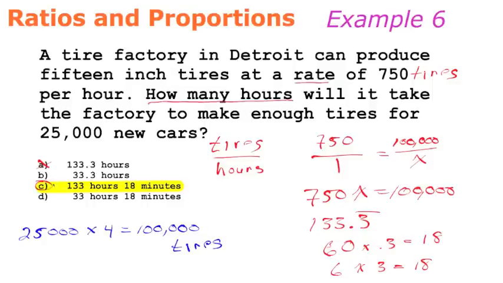Now, the mistake I pointed out earlier, by putting the 25,000 in here, that would either lead to choice B or choice D. 25,000 divided by 750 gives 33. So